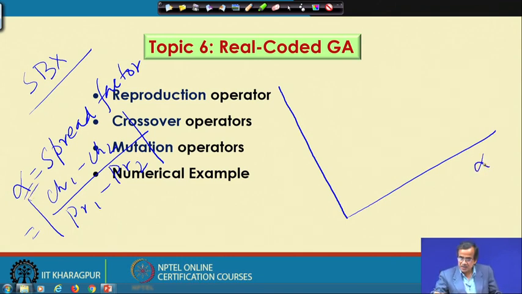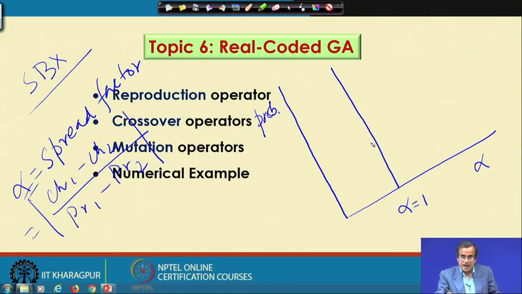If I plot the spread factor along this axis and the probability distribution function along this axis, then corresponding to a particular value of alpha, say alpha equals 1,